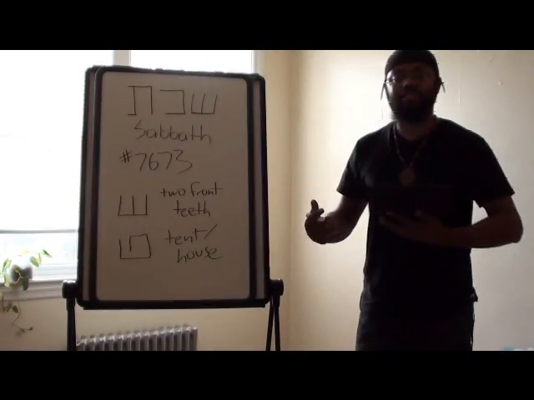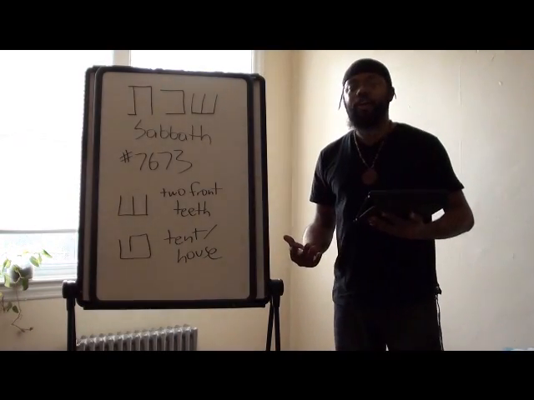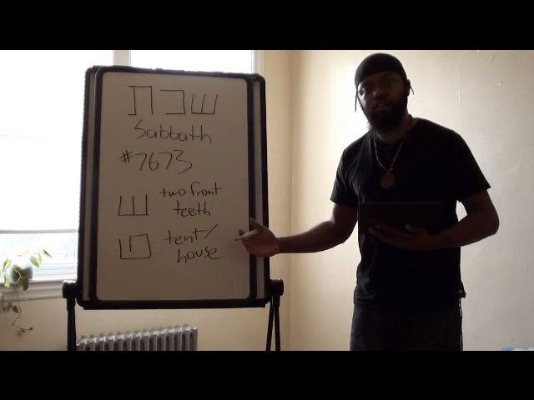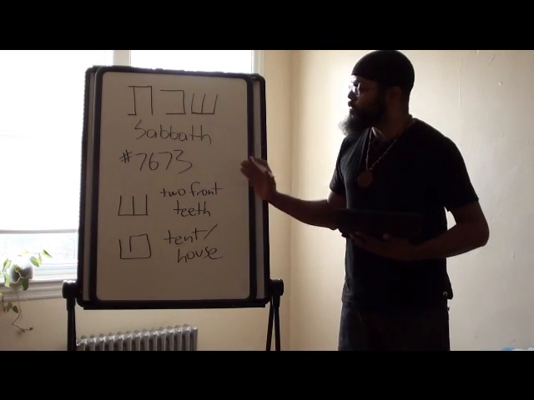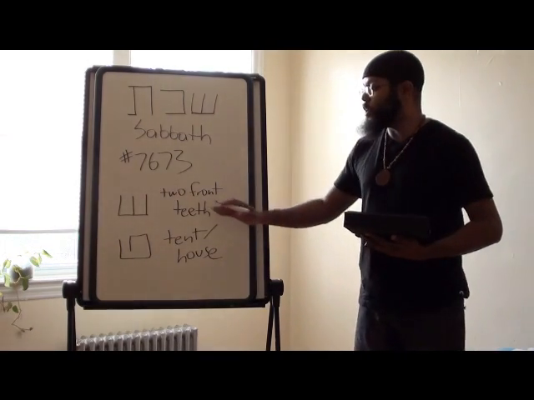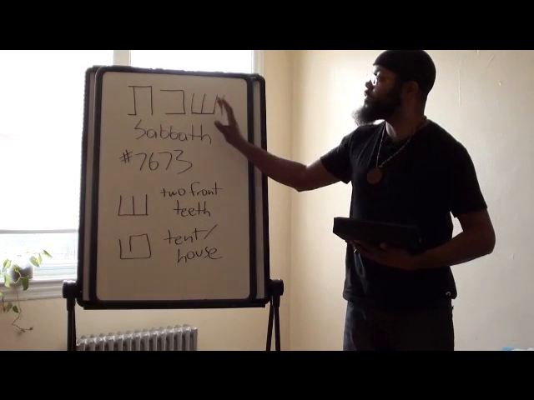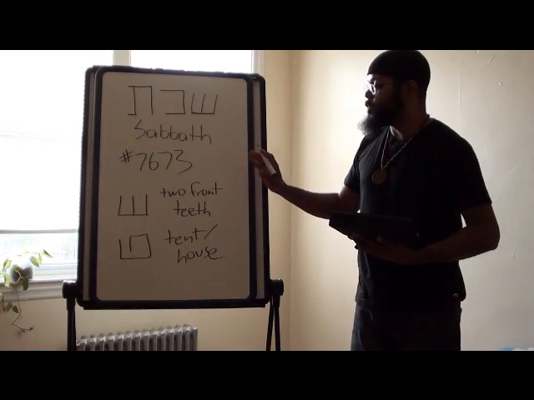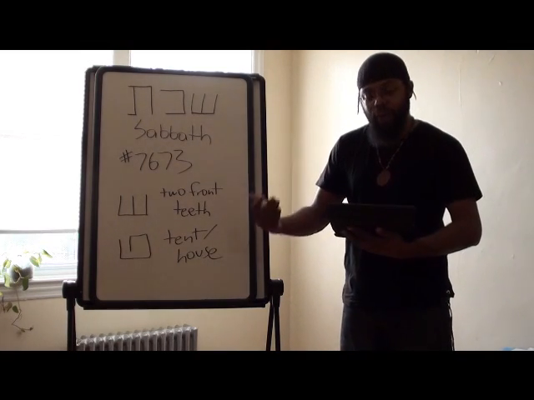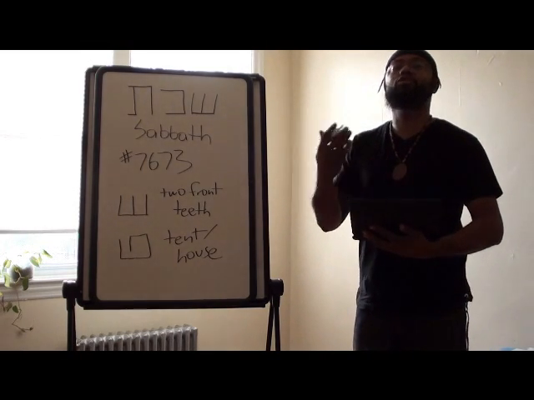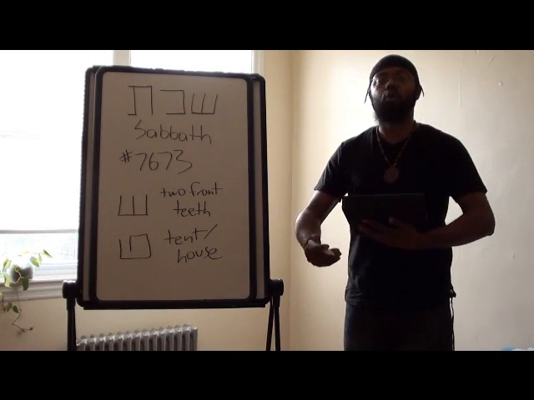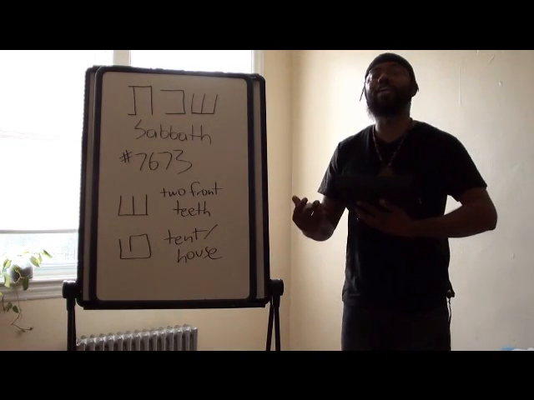And when you think about a tent or the house or home, any function that the tent or the house serves ties into the use of the shin as well as the use of the bed. So if the shin in this respect, when you look at Shabbat, means to press, and of course this simply is the house, to press against the house or press to the house. In other words, how do we do that? We press to the house when we either sit down or we lie down.